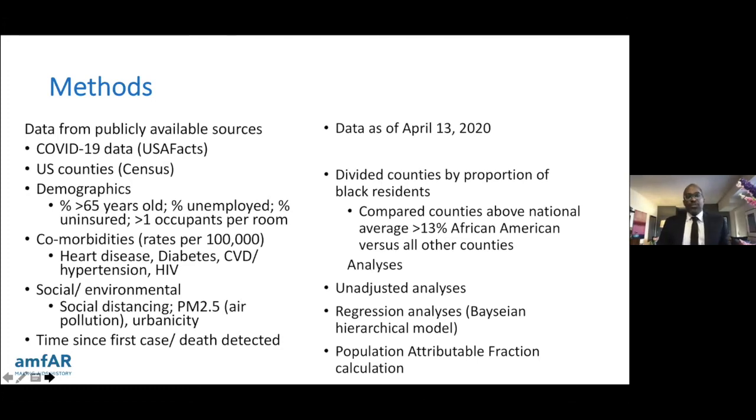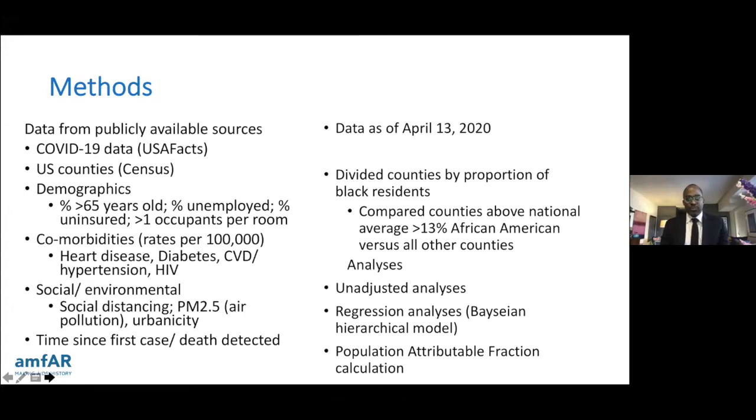In terms of methods, we used data from publicly available sources: the COVID-19 data that Hopkins and others are using from USA Facts, and data from the census in terms of US counties and demographics of US counties, such as age, unemployment, insurance, number of occupants per room in households. Also data from CDC and their various atlases to take a look at comorbidities by race per 100,000 for heart disease, diabetes, cardiovascular disease, hypertension, as well as HIV,